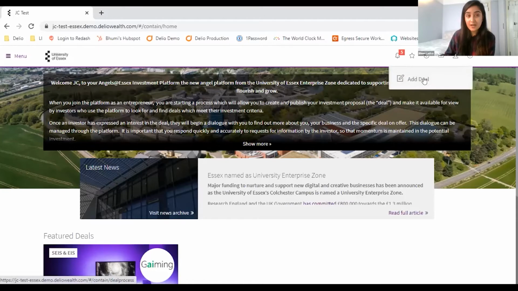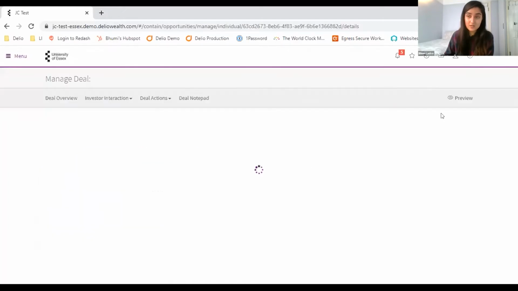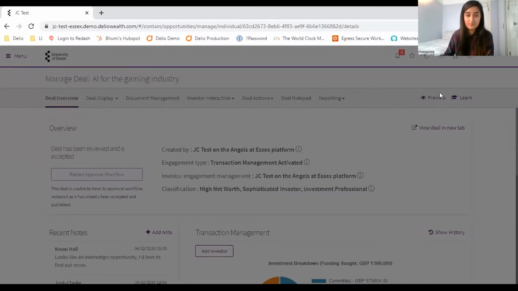I'm just going to go into that in a moment, but firstly, I just wanted to show you what stage we want to get all the platforms on the deals that come from you as entrepreneurs in the best way. So I'm just going to quickly click on this little preview button here. Bear with me while my internet catches up.